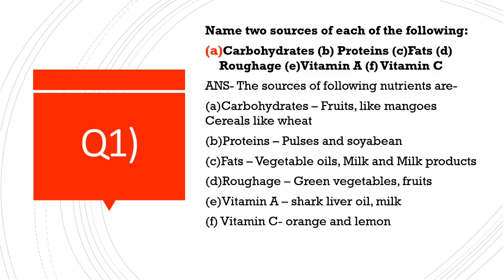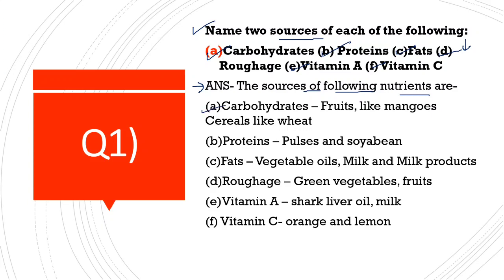Now the first question is: name two sources of each of the following. The first is carbohydrate, next is protein, third is fat, fourth is roughage, fifth is vitamin A, and sixth is vitamin C. Clear? Now the answer goes as, the sources of the following nutrients are: